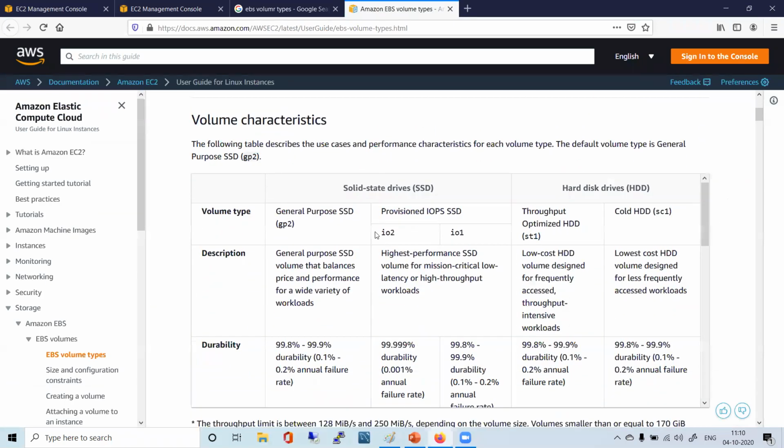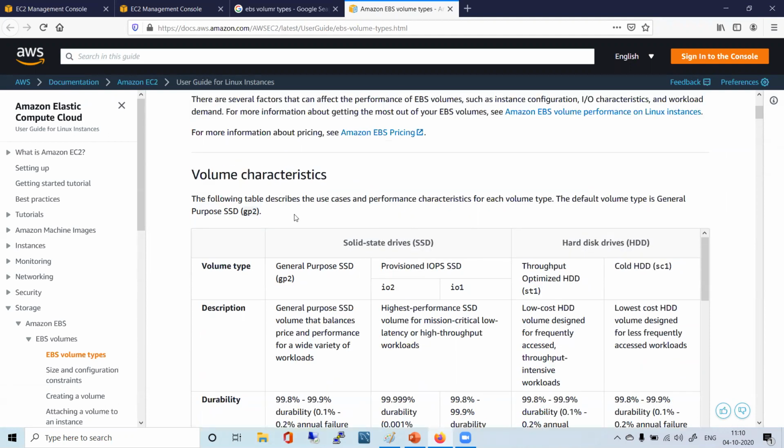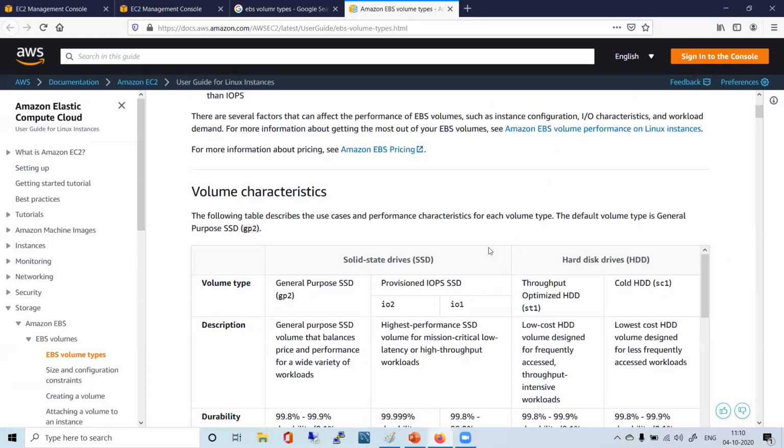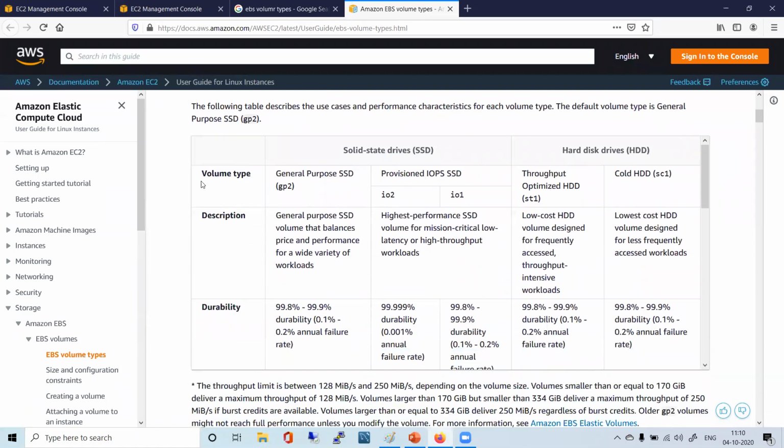You see the characteristics. You will see a table here: volume characteristics, volume type, GP2, IO2, IO1, under provisioned one. Under volume type EBS you have SSD and then HDD. Under SSD you have GP2 and then provisioned, these two things.